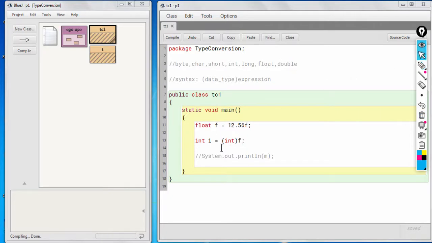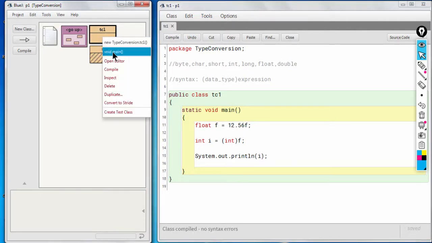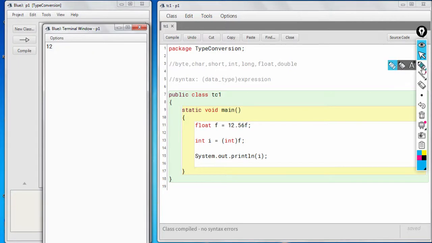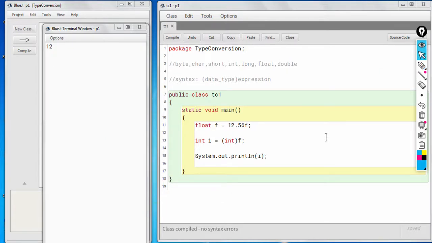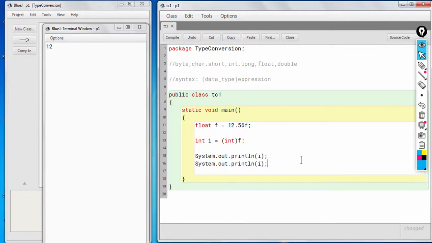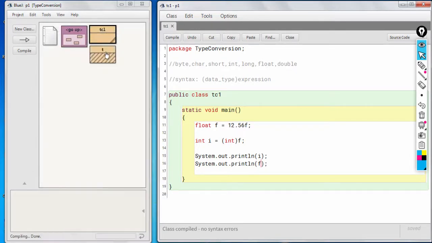Let's look at the output. If I print the value of I here, we should get 12. So as you can see, students, the value of I is being printed as 12. But at the same time, if we print the value of f, the value of f will remain as it was, that is 12.56. So let's recompile and see the output.